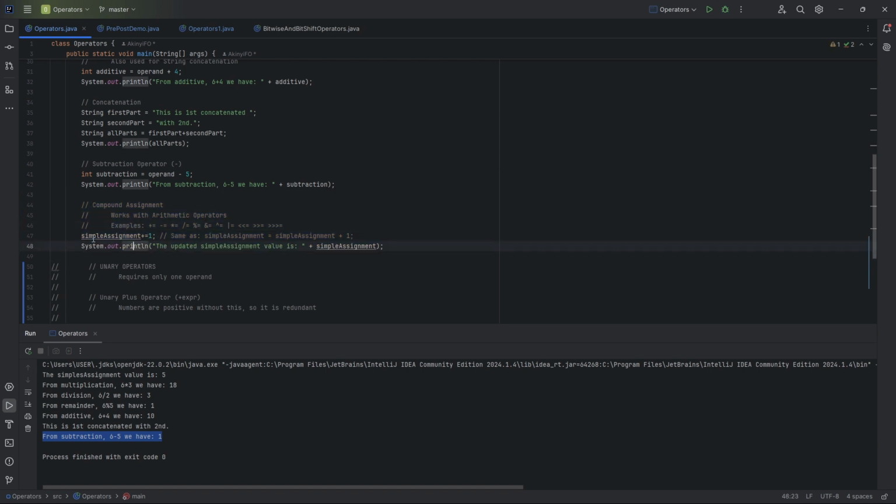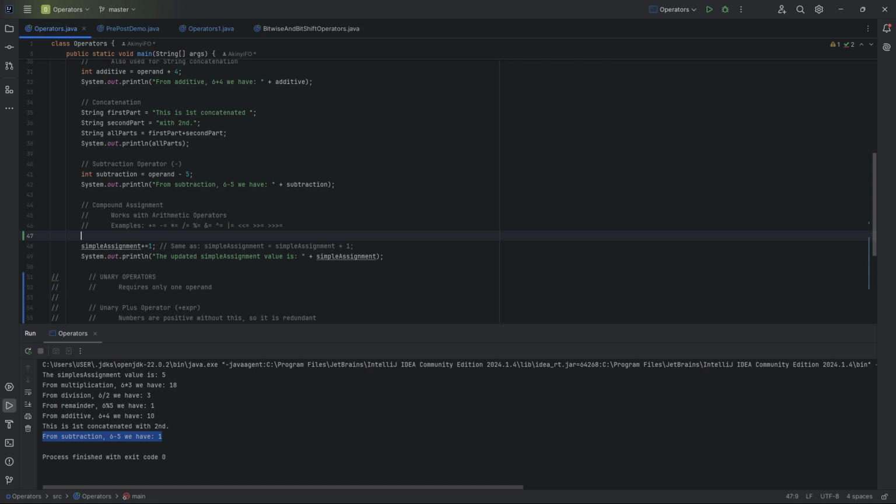So with compound assignments, they were designed to have compact code, because in some scenarios you would have to write something like this, where you have a variable and you're taking that variable and adding something to it. Like in this case, we are adding 1. So in such a case, instead of having this repetition of simple assignment, what you would do is to take simple assignment and we put the